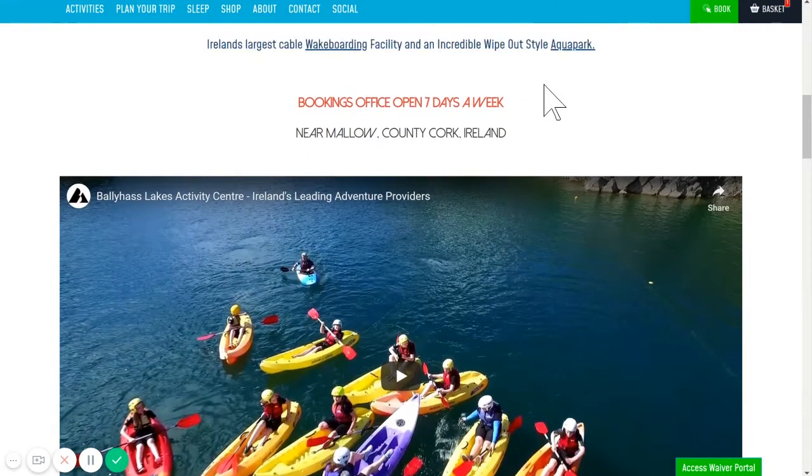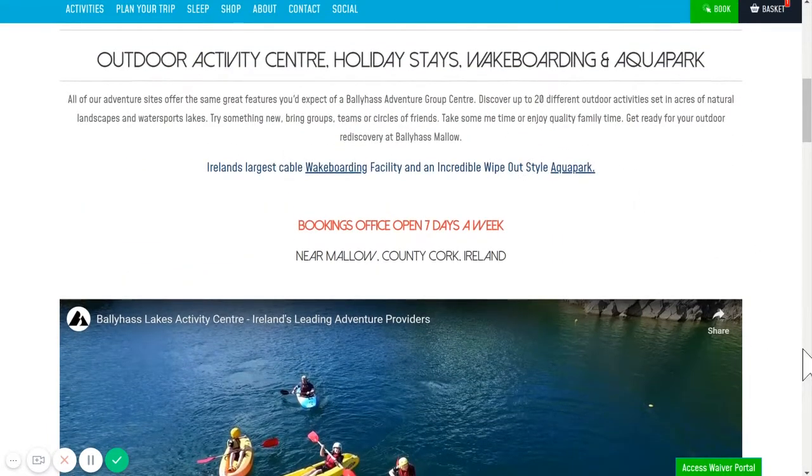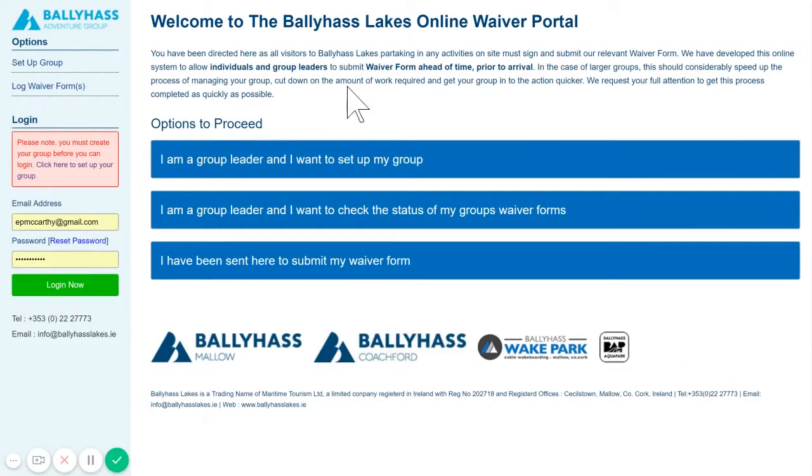So what we're going to do is just come on to ballyhasslakes.ie. You can see there's this access waiver portal at the end of the page on the right hand side. It'll be on every page, so I'm going to click that through. But essentially what that does is bring you through to www.ballyhasslakes.ie/waiver, WAIVER. Either way will get you through to this page, and you'll see a couple of different